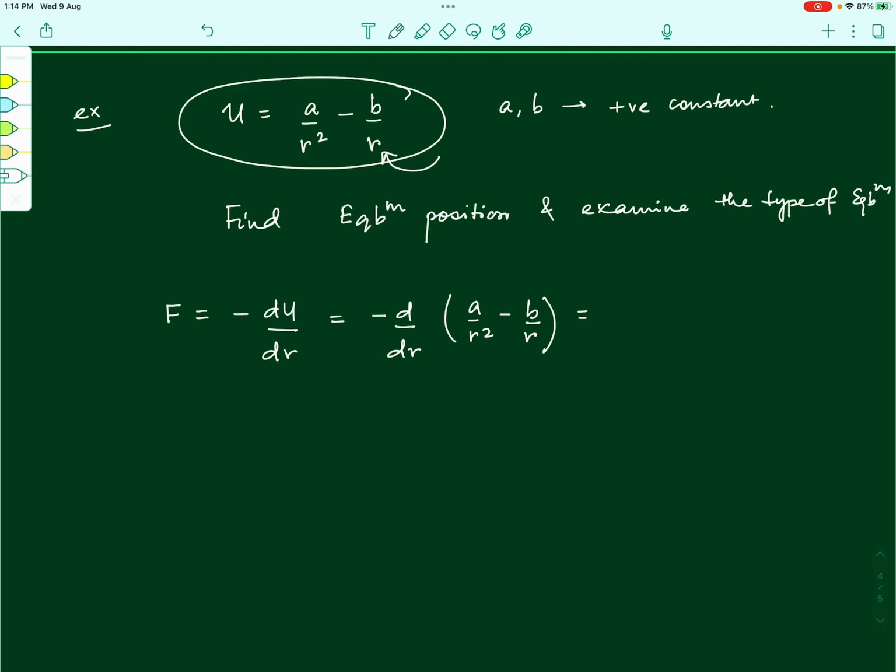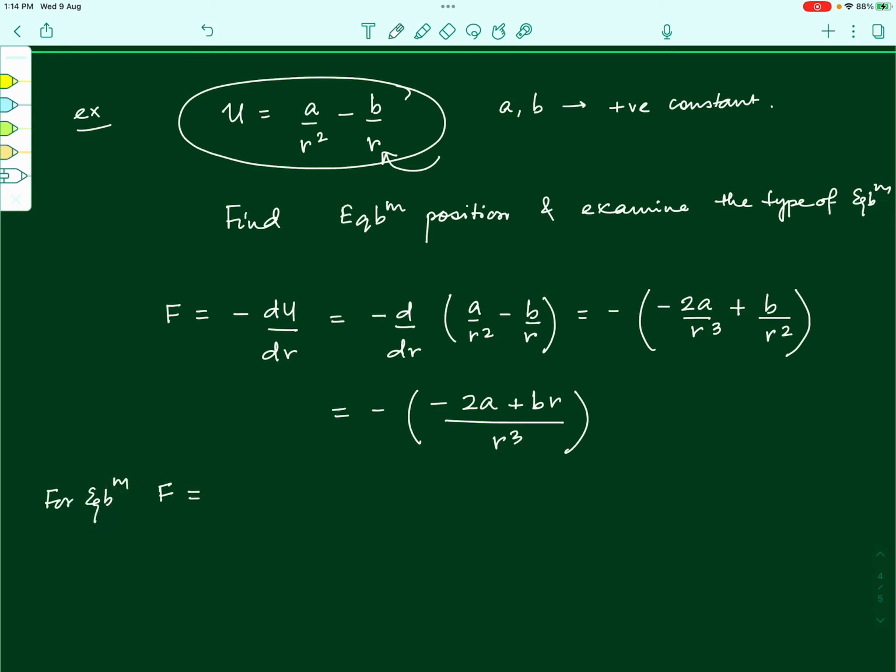We will get minus of minus 2A by R cubed plus B by R squared. We can take an LCM over here and this will become minus of 2A plus BR divided by R cubed, and if we are looking for the condition of equilibrium,